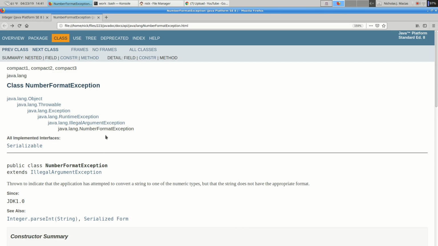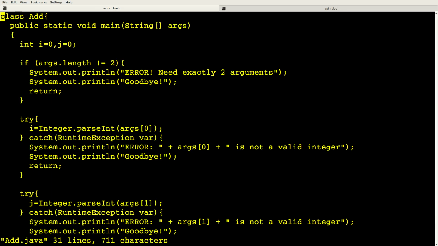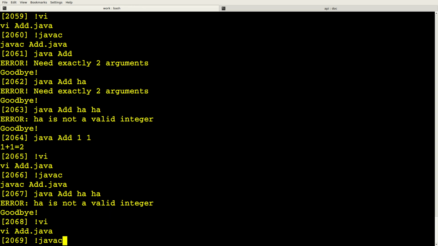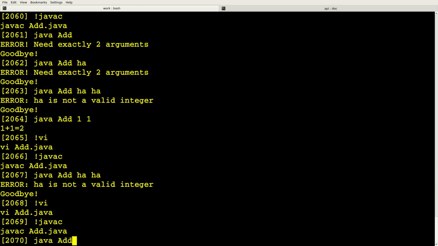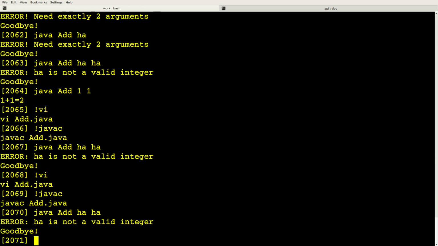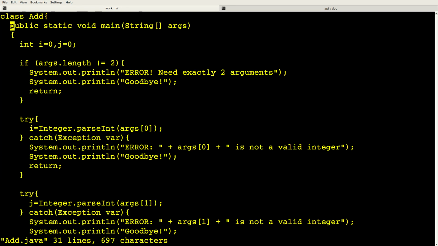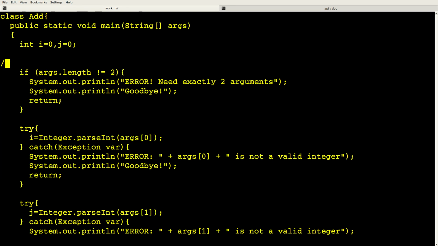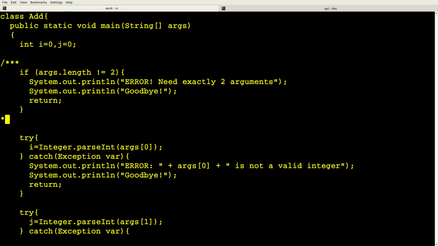This means the easiest way to write a catch block is just to say catch an exception. And now any exception that occurs is going to go into that block. So if I just say catch on an exception, any exception will go into there. Which means if I still want to be sloppy and not check my number of arguments,